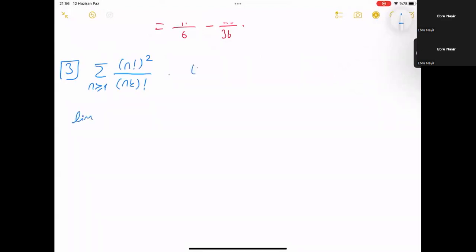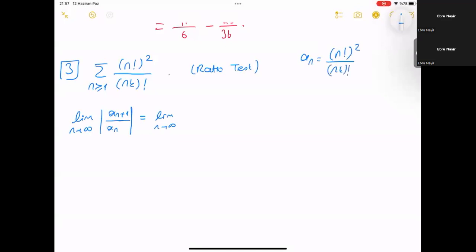Now we will use the ratio test. So we need to find this limit when n is approaching infinity. We just find here a sub n, which is the terms of the series. We just plug n equals n plus 1 first, then a sub n, we will divide them. So we find by computing that